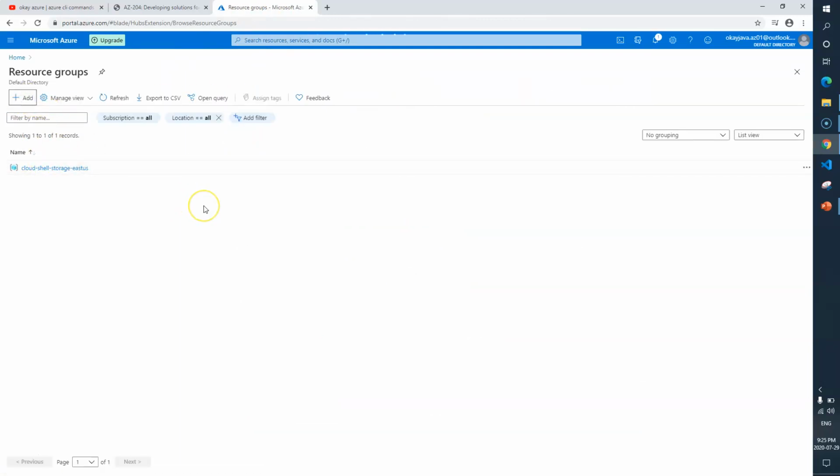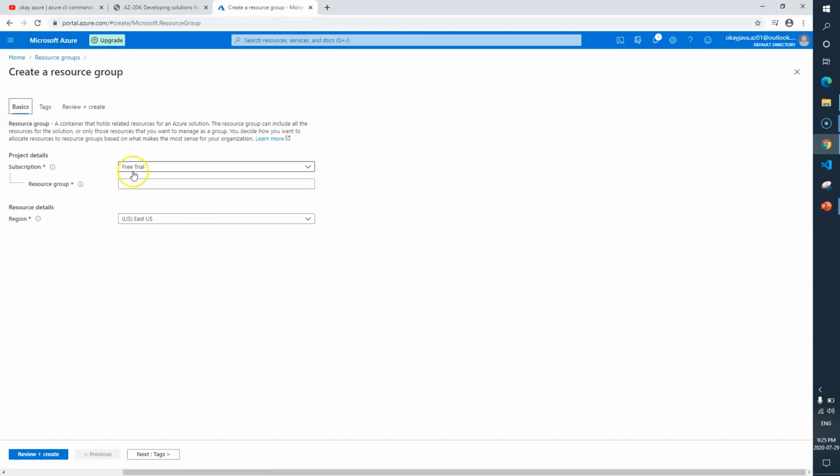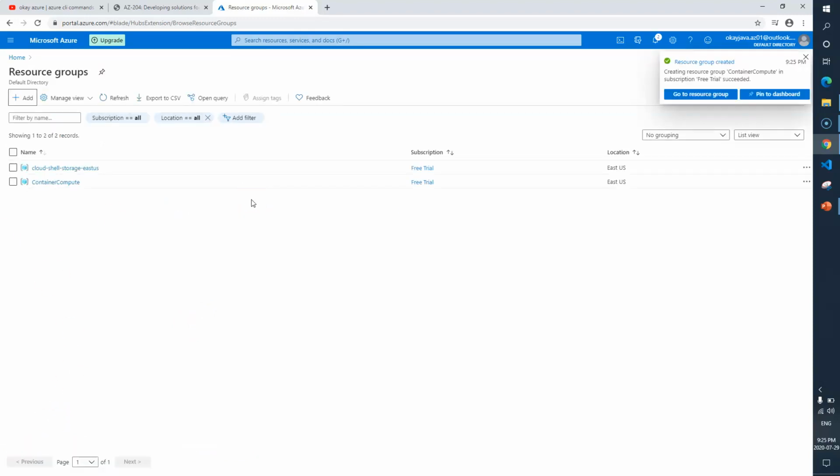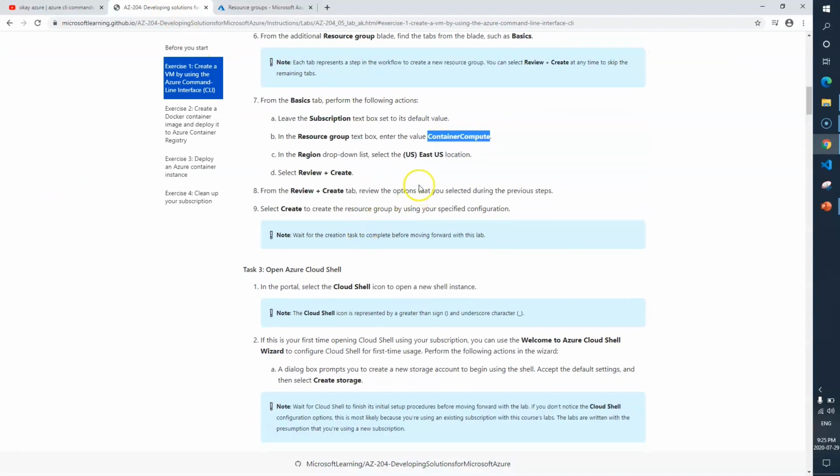Now here the subscription will be as it is. Resource group, I want to create a new one. I'll give this name. Location is East US. Okay, and create. Review. Okay, perfect. Oh, it's so quick. Now you can see here we have one resource group called container compute. So that is what we are supposed to do until here.